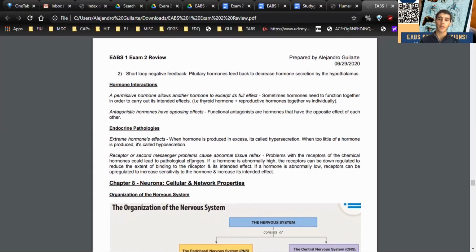It could be a case where there are too many receptors, so the body would downregulate it by binding antagonists to deactivate receptors. Or if there are too few receptors in the body, it could produce more